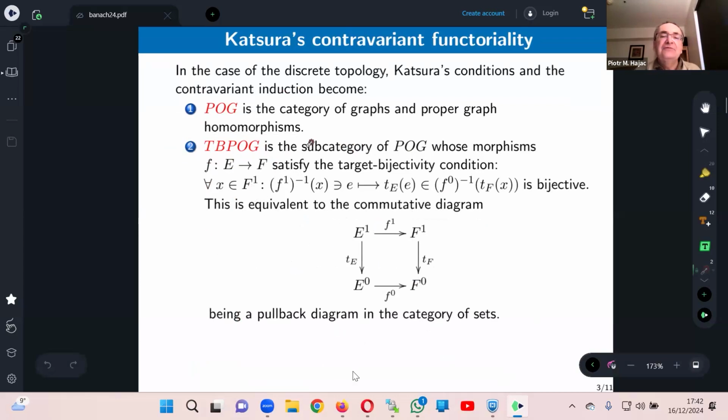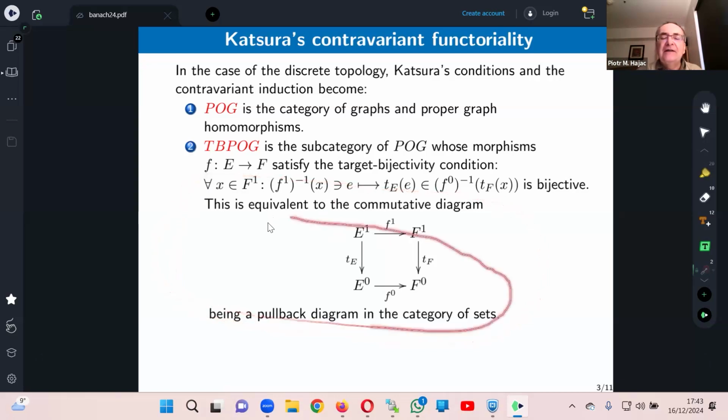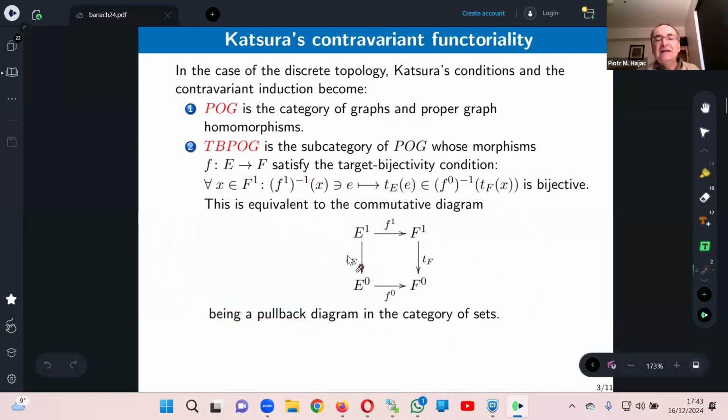now we managed to realize this target bijectivity condition in a very conceptual way, which was thanks to our secondment to Arizona. This was Mariusz Tobolski's secondment to Arizona and his discussions with John Quigg that had an influence on my paper with Mariusz Tobolski. And now this is something which was not in Katsura, and it basically allows us to realize our key condition for contravariant functoriality in a categorical way.